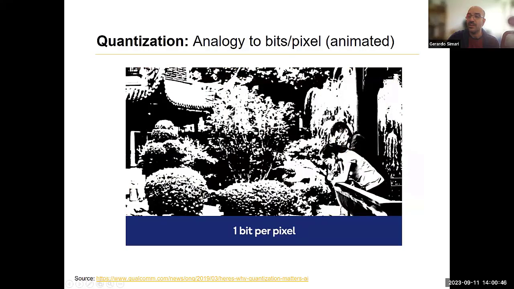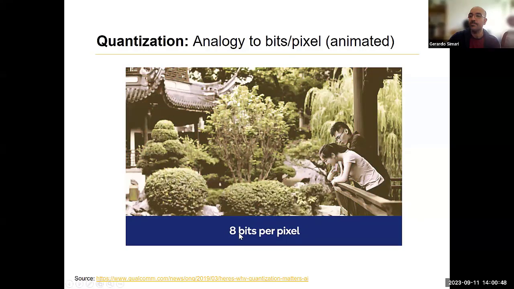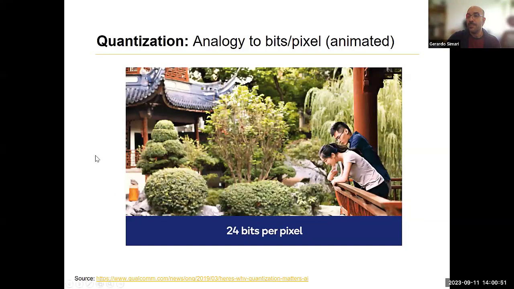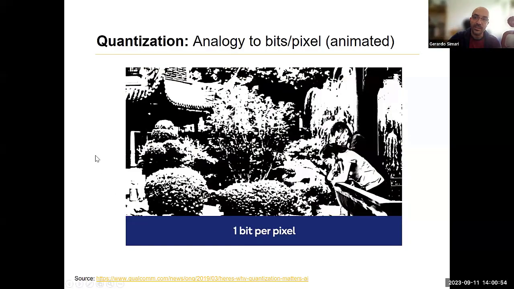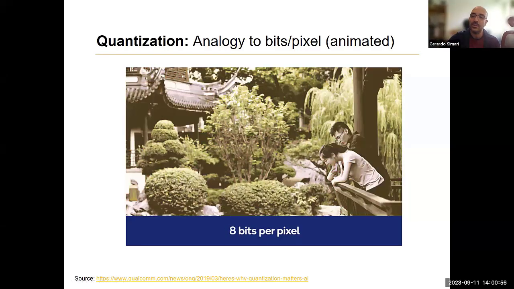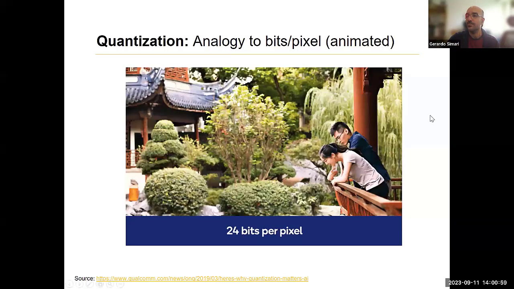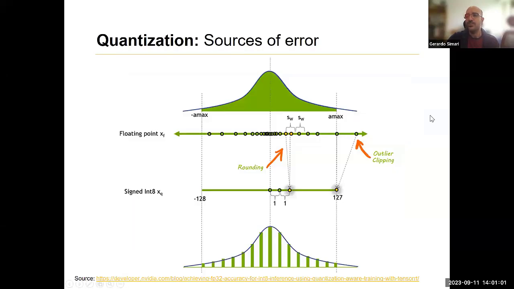With 8 bits, you can see the loss, and with 1 bit, of course, you only get black and white values. It's essentially the same thing that was going on with that signal that looked like a staircase instead of a smooth signal. But in general, you're going to run into two sources of error with quantization. The first one, that's why I spent so much time talking about floating points and their details, is called the rounding error, and the other is